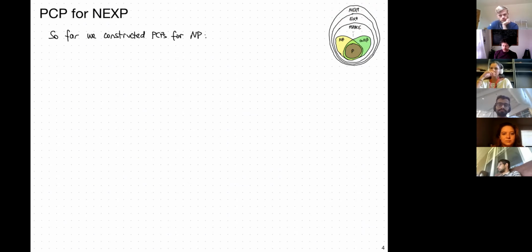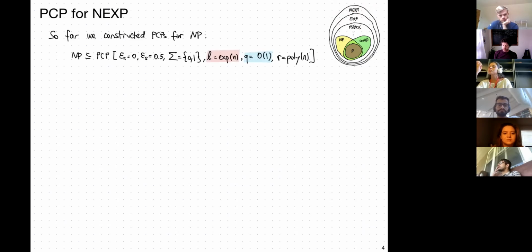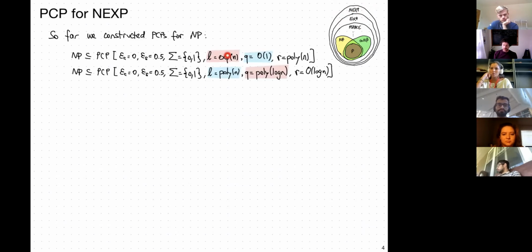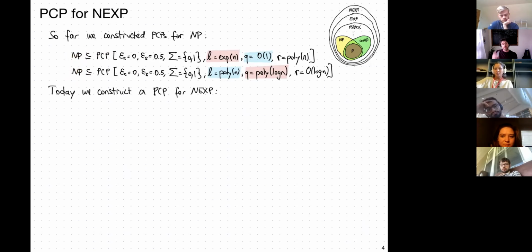So as we said before, we constructed these two PCPs. This is the Hadamard one, and that's the Reed-Muller. You have all the rest of the parameters for your convenience. The point is that both of these PCPs were for the NP-complete language of quadratic equations. Whereas today, instead of looking at a language which is NP-complete, and therefore we can deal with every language in NP, we will construct a PCP for NEXP. So for any language which runs in non-deterministic exponential time,